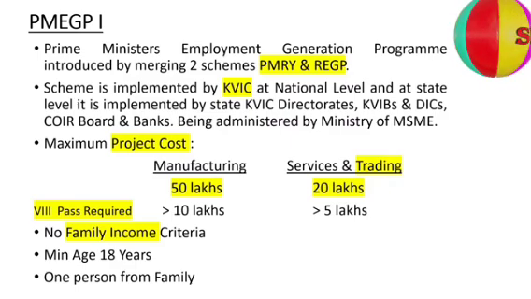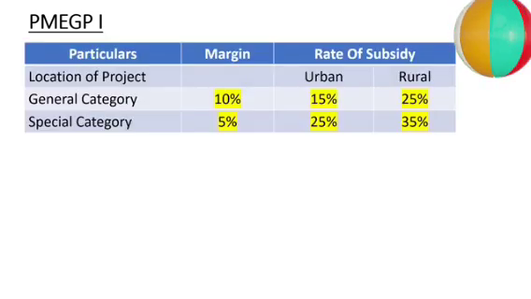Other members of the family will not have any impact. So only one person from a family, and family here means husband and wife. Suppose one person has taken, then the spouse of that person cannot take. Brother can take, father, mother can take, son, daughter also can take. This table is important.